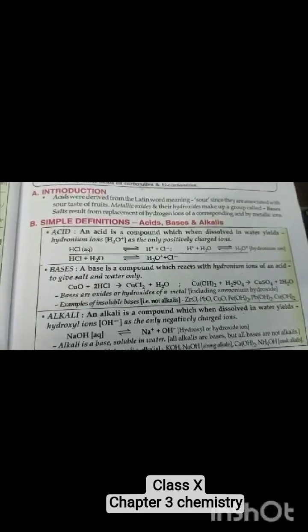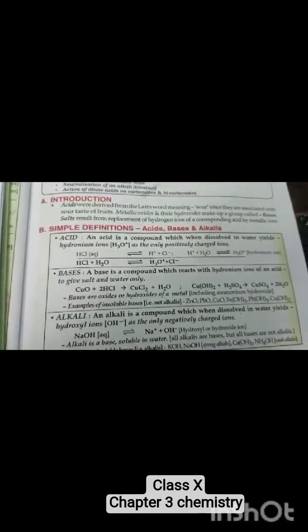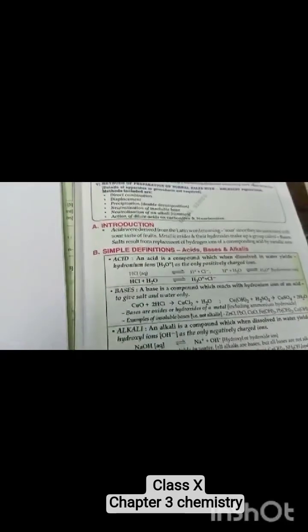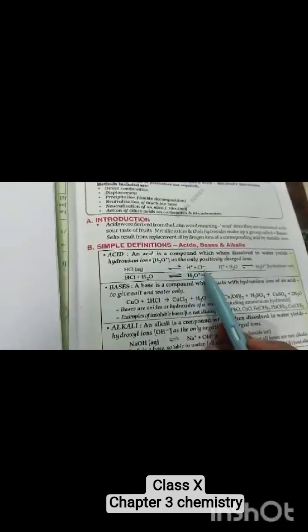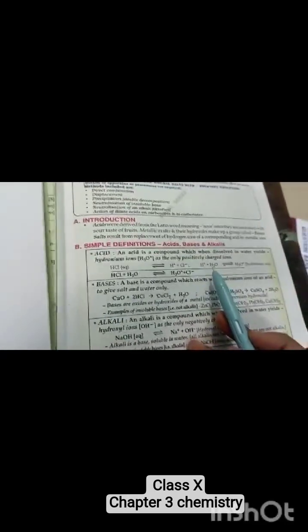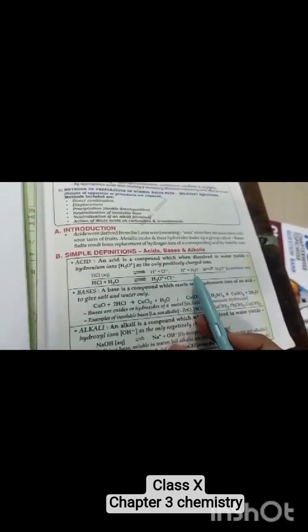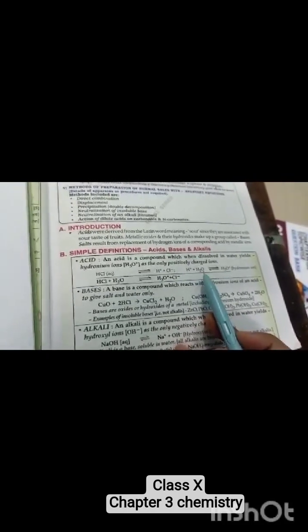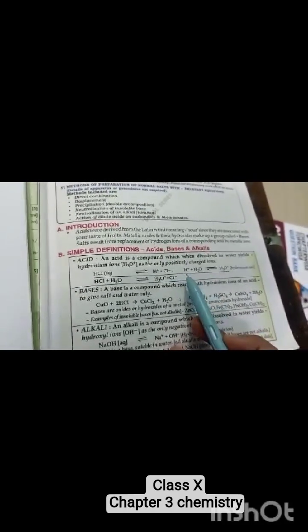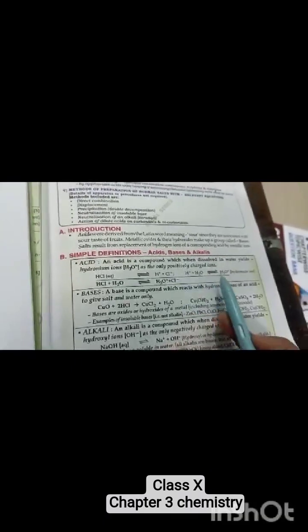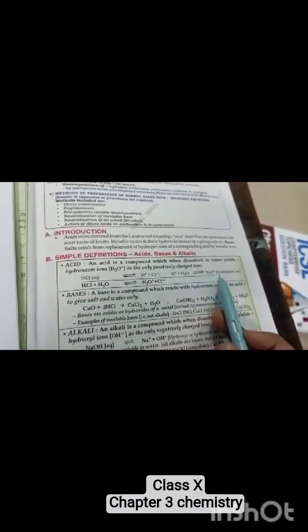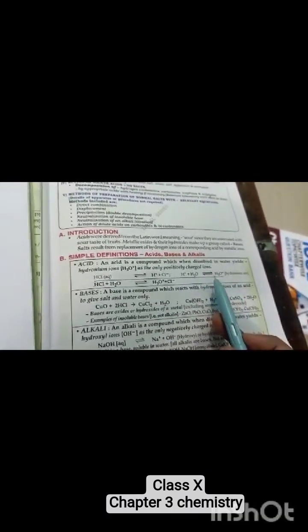An acid is a compound which when dissolved in water yields hydronium ion as the only positive charged ions, hai na? So for example, here they have taken the example of HCl. HCl will be dissociated into H plus and Cl minus ions, and here water is also present in the aqueous medium, na? So H plus will form a coordinate bond with water, hai na? Oxygen of the water molecule will donate its electron pair, that is lone pair, to H plus, and will get converted into H3O plus, that is hydronium ion, which formation you have already studied, na?